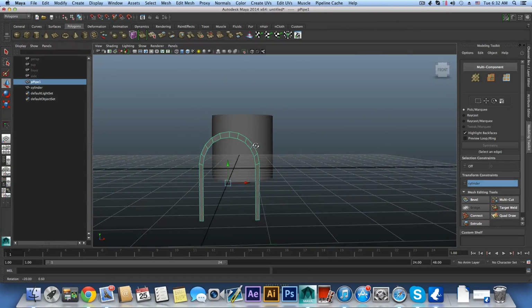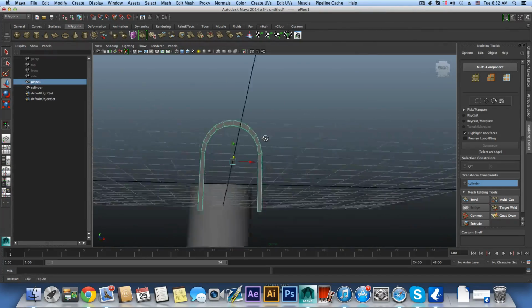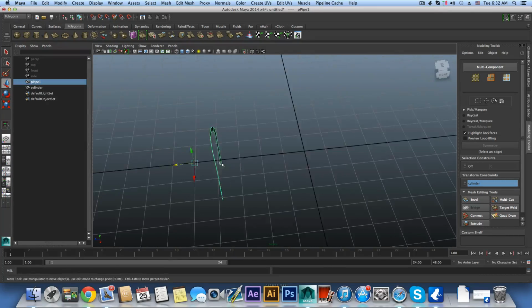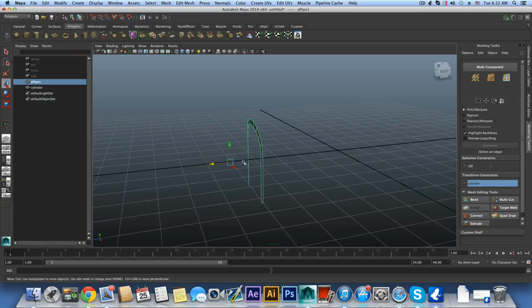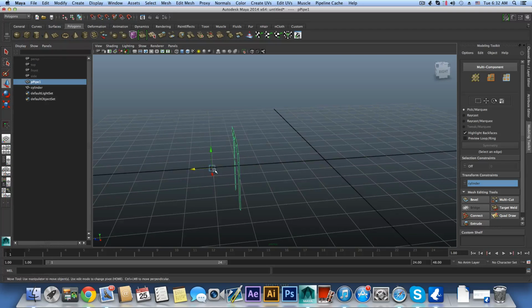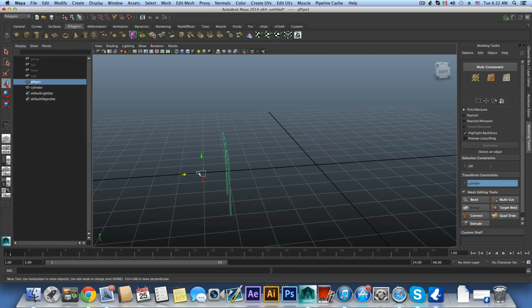So this looks good, it looks okay, and what we want to do from here is, you see we have the pivot point of this object, which is here, and we don't want this to be here. So we need to manually adjust this pivot. So in order to adjust pivot manually, what you need to do for Mac users is press home button on your keyboard. So while you're on the object mode and move tool, I want you to type,